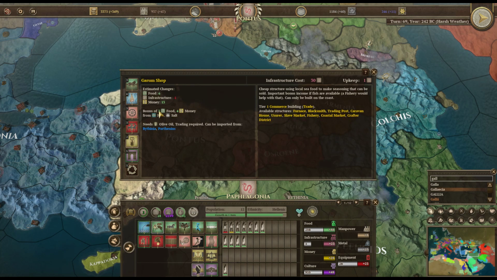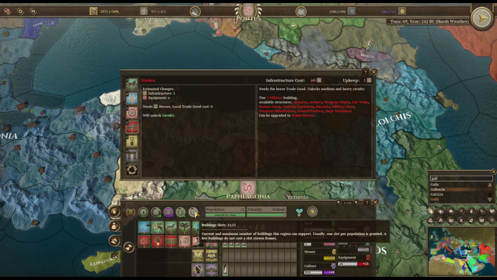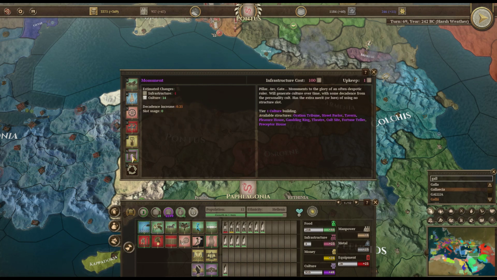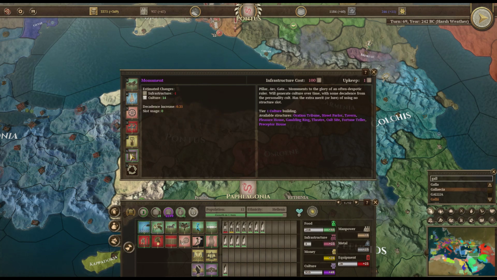Actually, we hit every single one of them, so we have food and good money. We don't have olive oil, though. We'll have to get olive oil eventually. We also could get stables here. Well, we're down to 0 slots, so we got to be very careful. Probably it's going to have to be Monument in the end, just because... Well, we're going to grow in 1 turn, but...